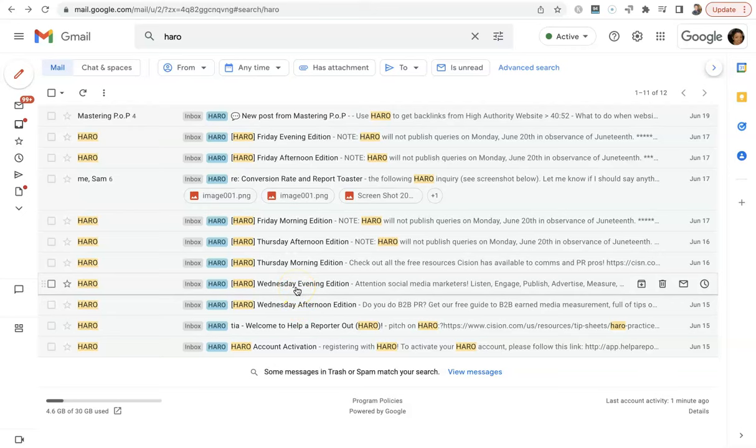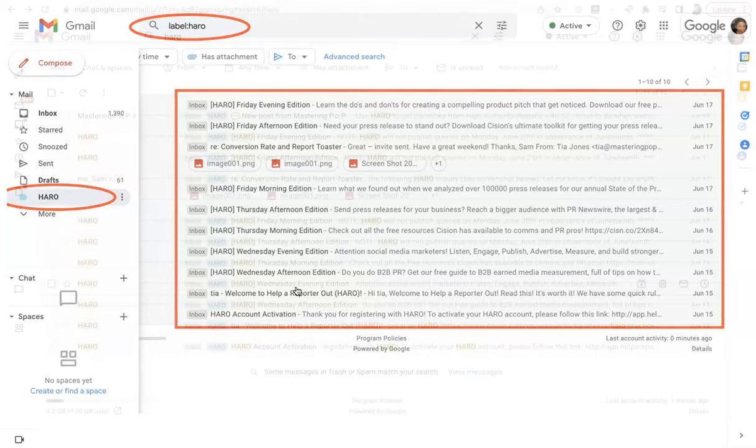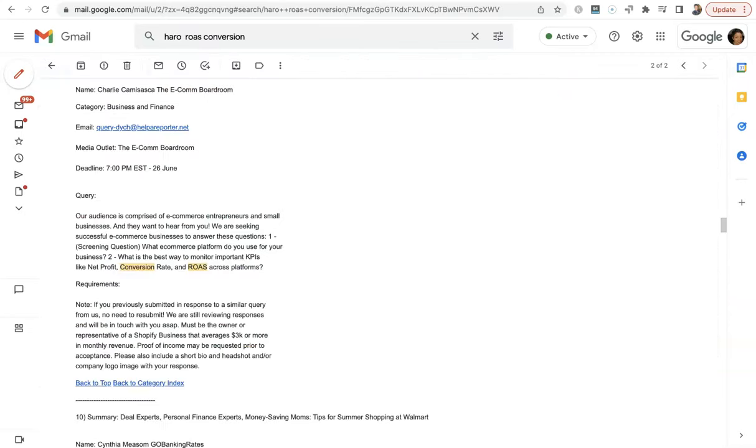So what I've done here is I've created a filter because I don't want to see these come into my inbox because I don't like my inbox too cluttered. So this is filtered into another folder, right? And I also added a little color to it because I'm just like that. And you can do the same. You may want to create a filter so that you don't clutter up your inbox, and you can scan these every single day to see if there's any opportunity for you, right? So again, I created a filter.